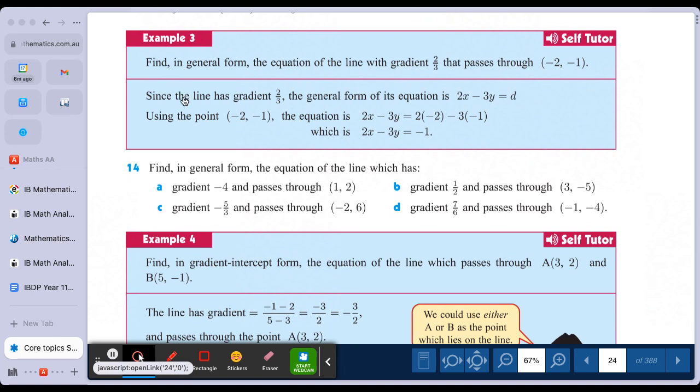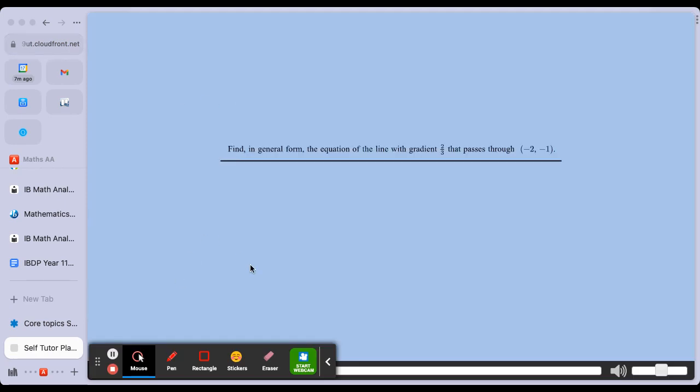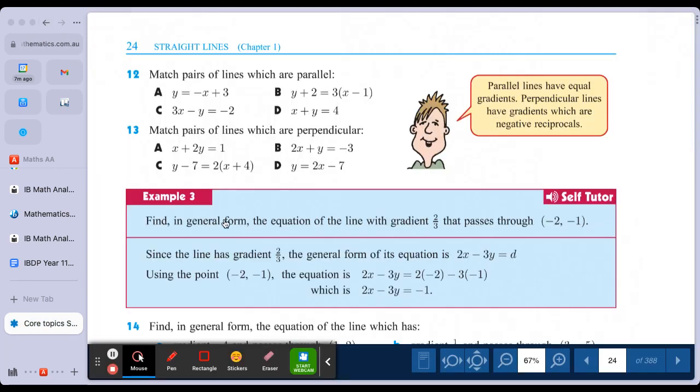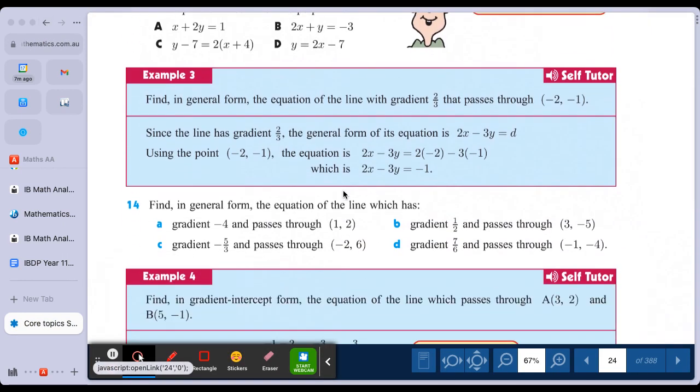So we've got example 3. I'm not going to manually go through them, I'm just going to talk through them, because this is stuff you already know, I think. So we've got here, find in general form the equation of the line with gradient 2/3 that passes through (-2, -1). It says here that, since the line has gradient 2/3, the general form of its equation is 2x